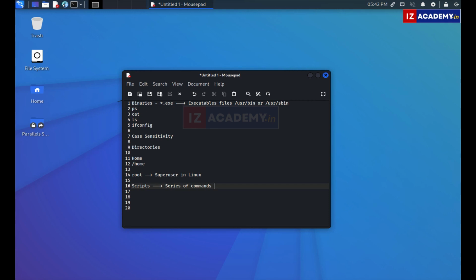Most hacking tools use simple scripts, and the commands in that script can be executed with the help of interpreters such as Python.